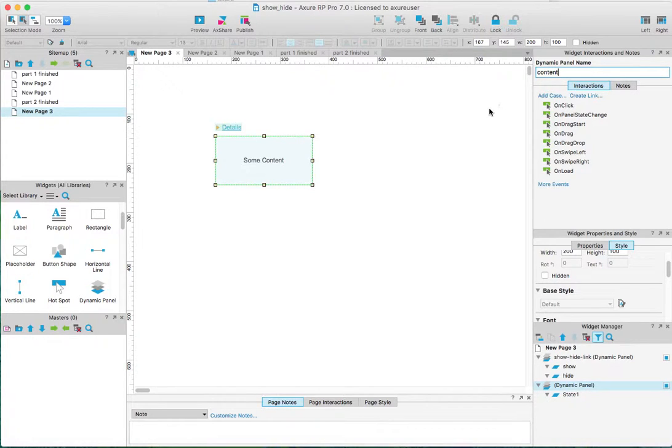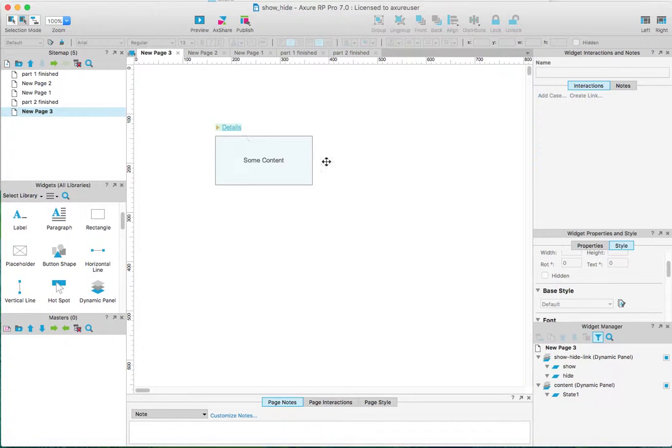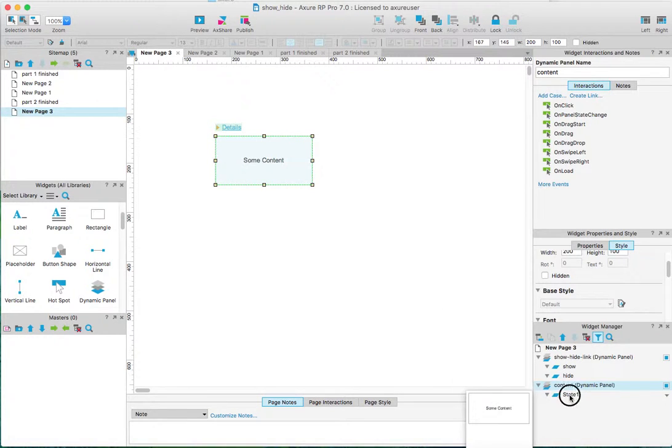And again, we're being sloppy with our naming. Normally, you'd want to have sort of a master plan in terms of naming things so you don't get confused later on. So here's our content, and we've planned this out, and we know that we're going to need 3 states. So we're going to have one called blank,